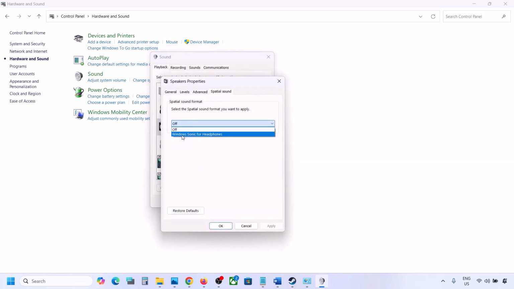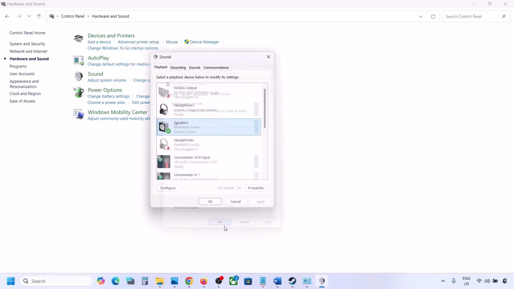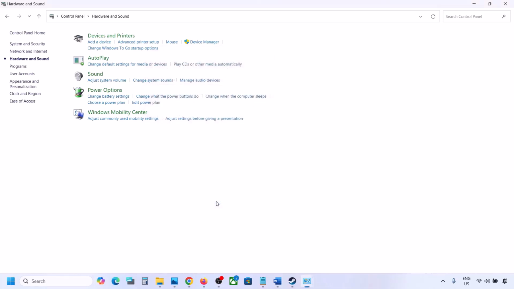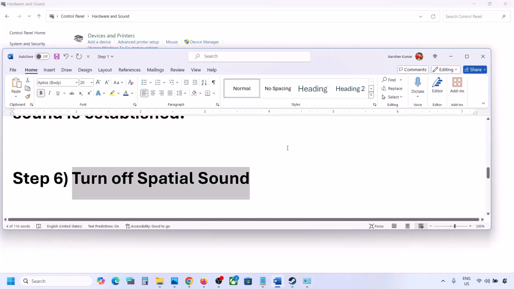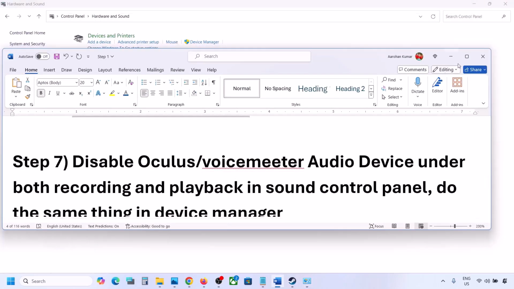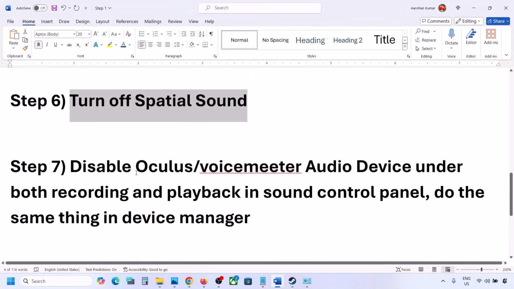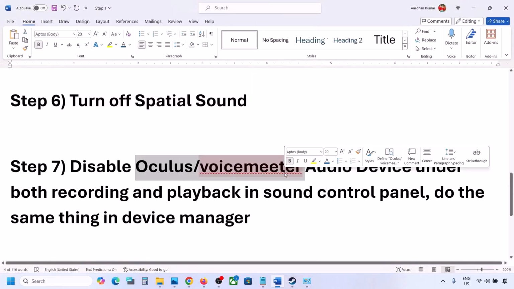If this is set to Windows Sonic, you can turn it off and then click on OK, or you can do the vice versa. If it is already set to off, then you can try Windows Sonic and then check. Now the next step: if you have applications like Oculus or Voice Meter or any other